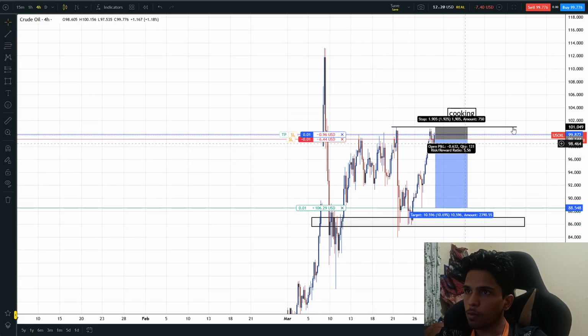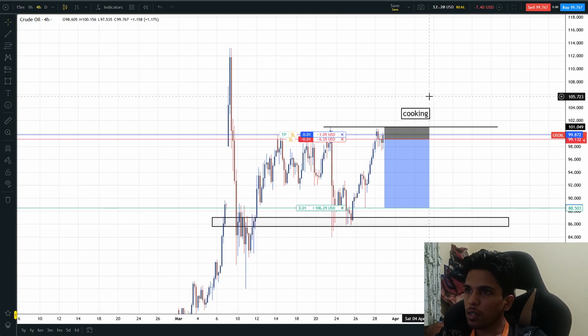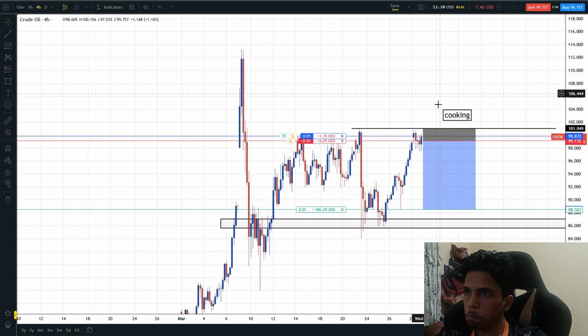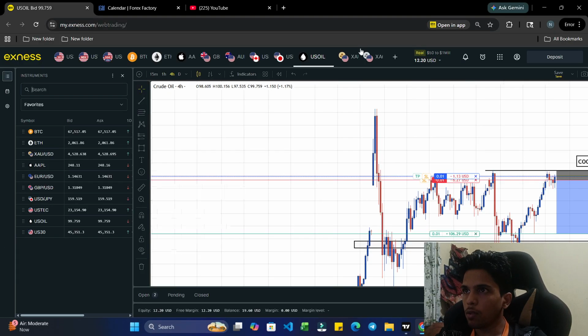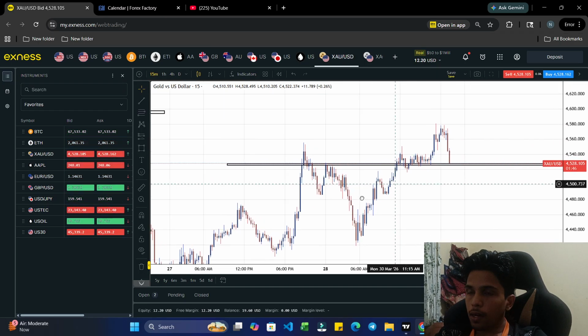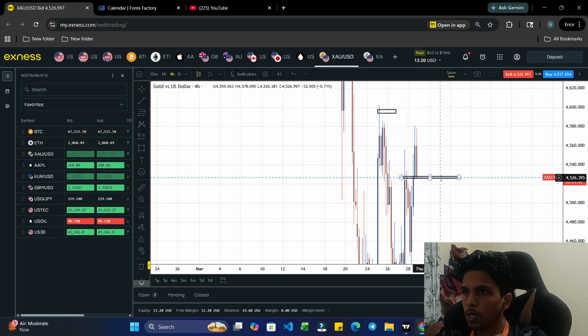Then it came down like this. All the stuff is right, but a little bit of doubt here because this W has made a pullback. Then at this level he has a pullback, and then the third candle has been made like he has to go up. So let's see what will happen in the oil. But is that the right trade? Right now I can't give any type of comment on that.